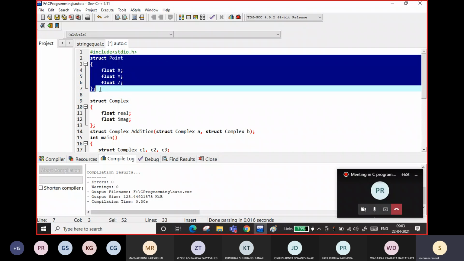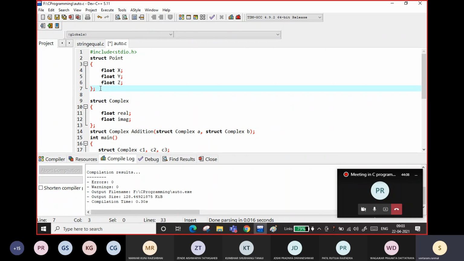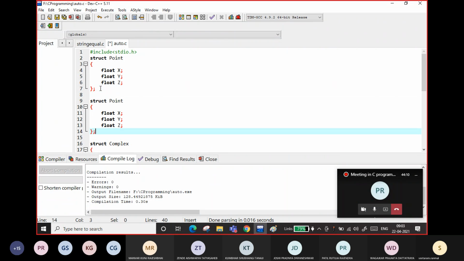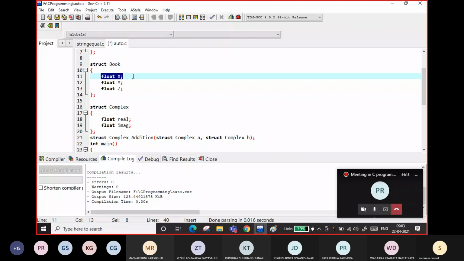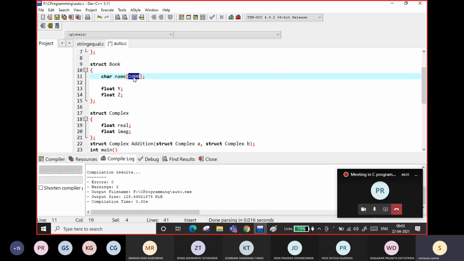If you want to define the structure for a book, say, you can take a character array for the name. To store the name of a book, I don't think any book will have a name greater than that.